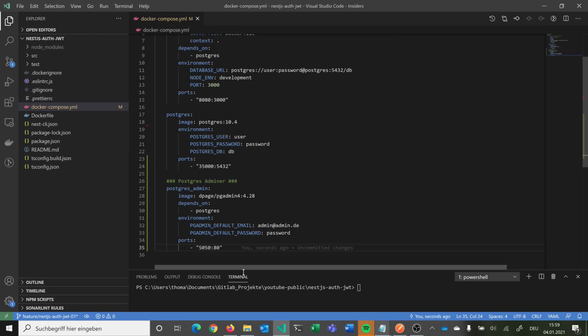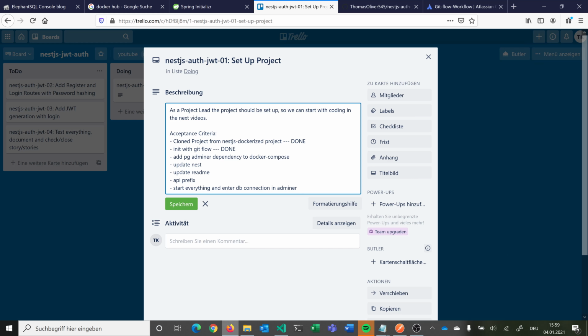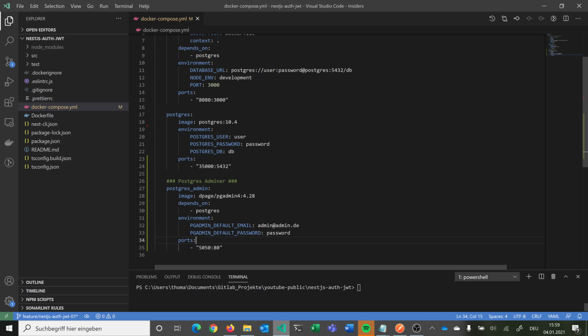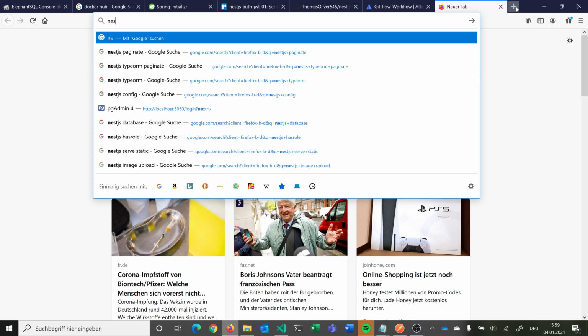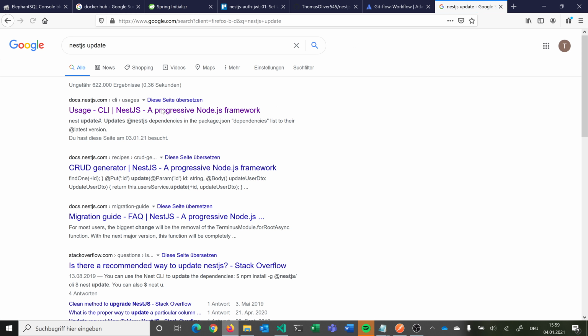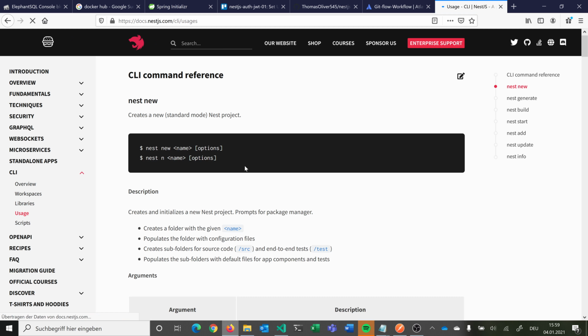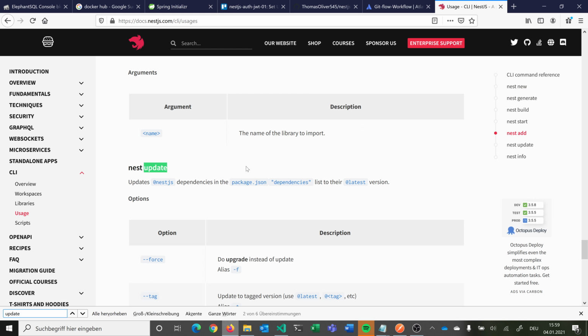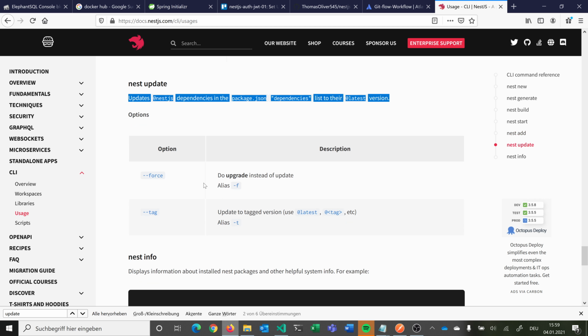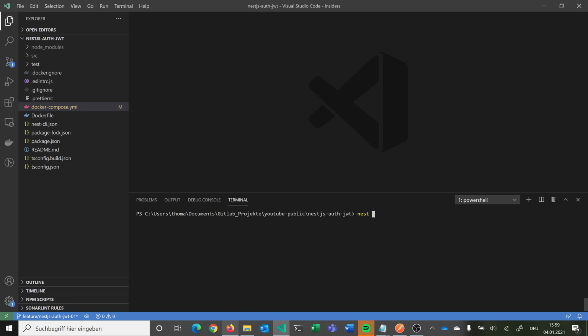So now we can go to the next stuff. You see here, we have now added the PgAdminer dependency to our Docker Compose. Now we want to update NestJS. So we can close this, and we can also go to the documentation, NestJS update. And you see: update NestJS and dependencies in the package.json to the latest version. So we have to force it, and so we can say nest